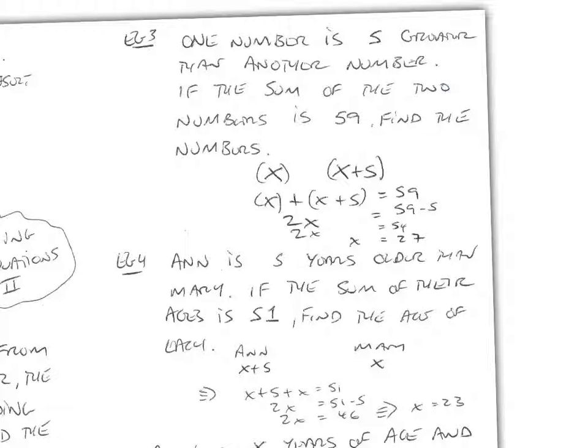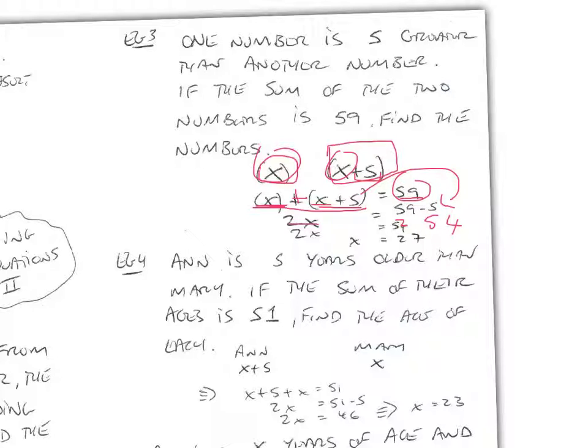And we also met with these examples in this chapter where we run two numbers side by side until we equate them to some value and find what the number is. For example, one number is 5 greater than another number. If the sum of those two numbers is equal to 59, find the numbers. So we said that one number here is 5 greater than the other. We've added them up, and as we add, we gather. So we've x plus x is 2x, is equal to this 59 minus the 5 here. So we've 2x is equal to, that should be 54. So if 2x is equal to 54, x is equal to this 54 over that 2, x is equal to